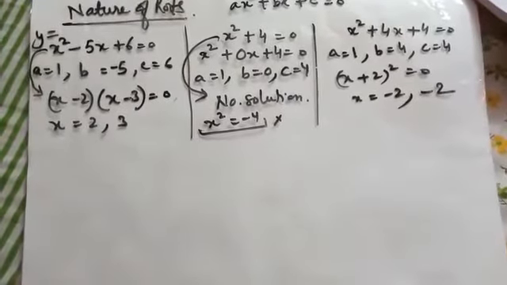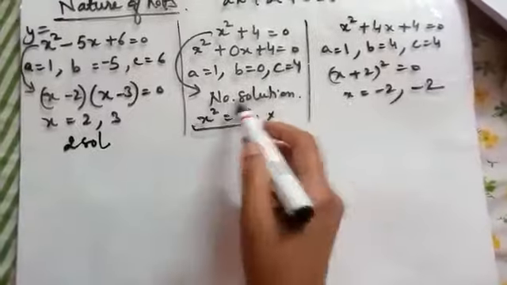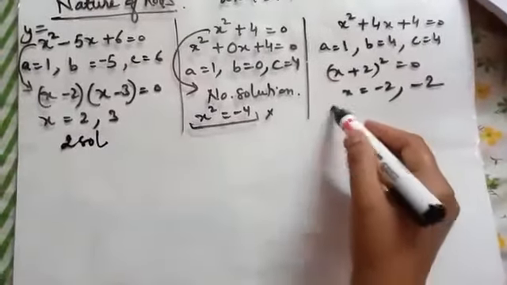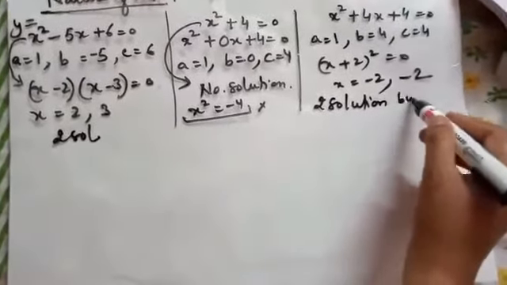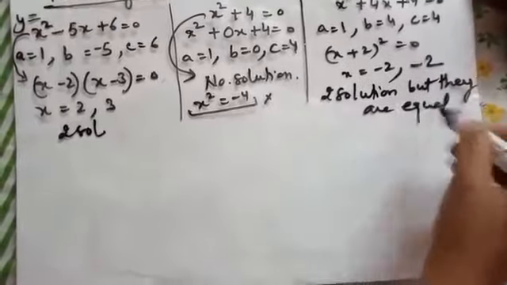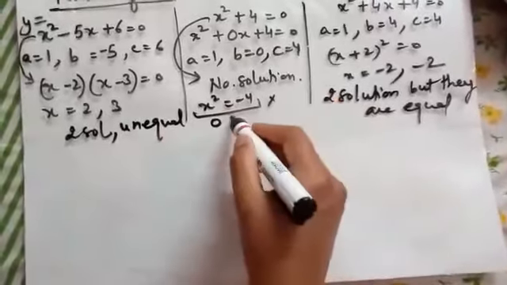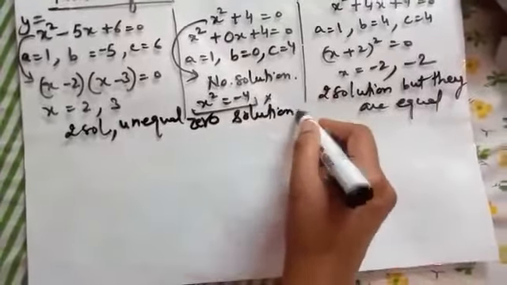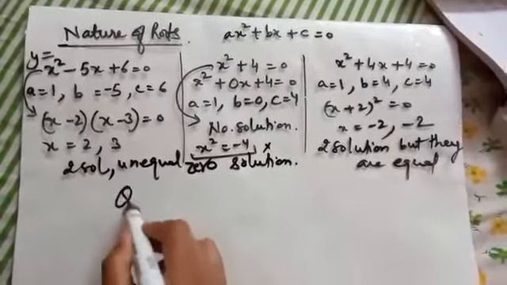Now let us look at the solutions. How many solutions does it have? It has 2 solutions. It has no solution or 0 solutions. And how many solutions here? There are 2 solutions, but both are equal. 2 solutions, but they are equal. 2 solutions, but they are unequal. And here we have 0 solution. Right, so keep this in mind,